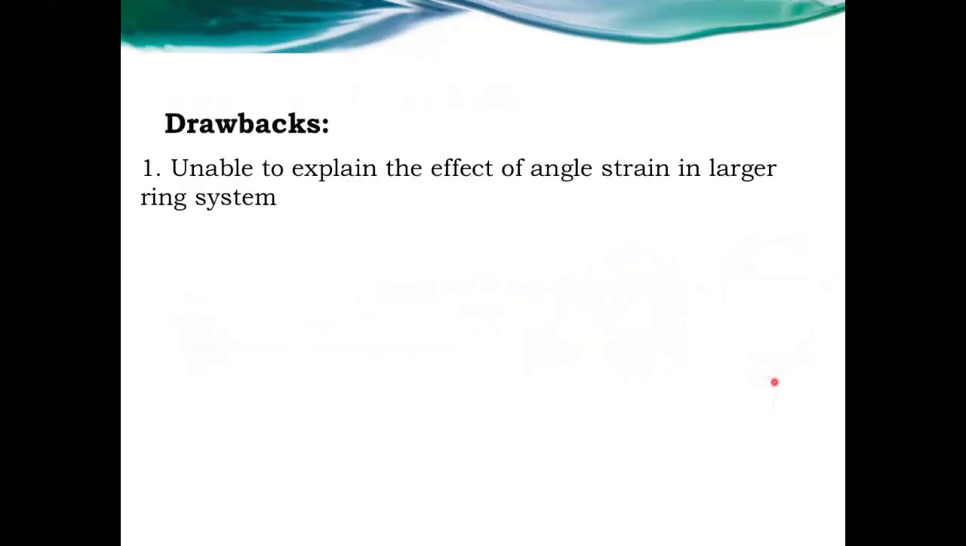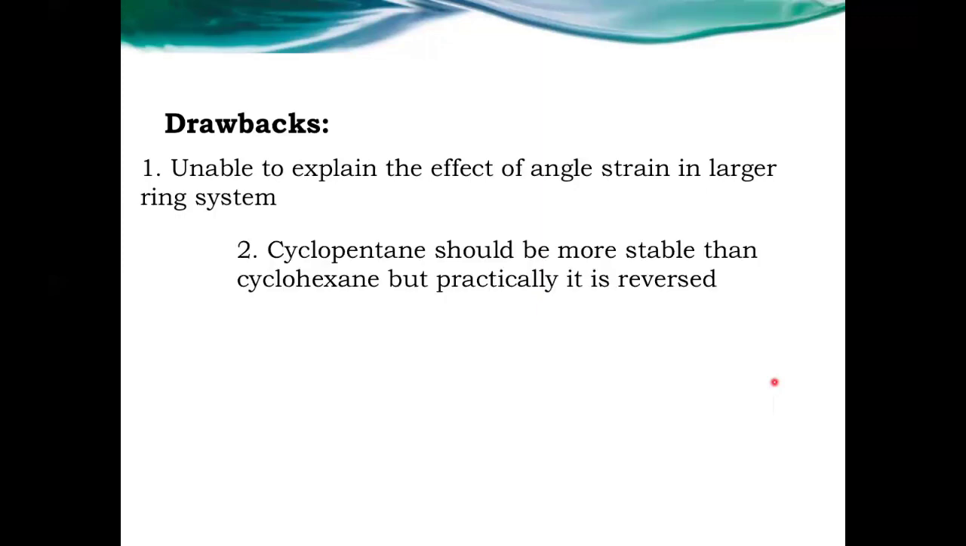So what are the drawbacks now? It can't explain the effect of angle strain in the larger ring systems. They exist and have the highest stable conformers. So what is the reason behind it? It cannot be explained by Baeyer strain theory. Secondly, cyclopentane should be more stable than cyclohexane according to it. According to it, cyclopentane is highly stable compared to cyclohexane, but practically it is not. It is reversed, and it is a major drawback, a major setback for the Baeyer strain